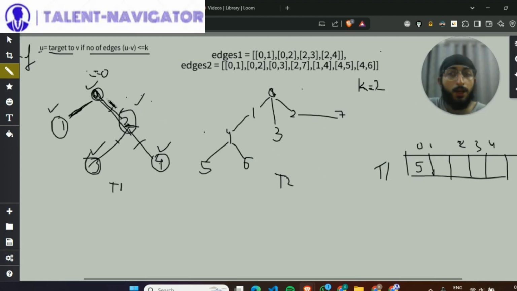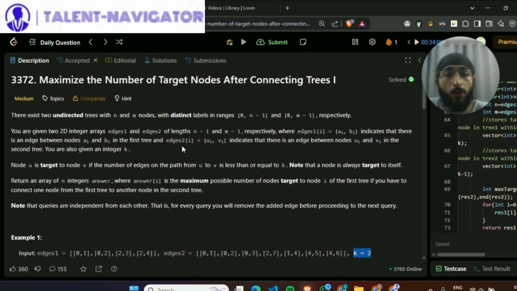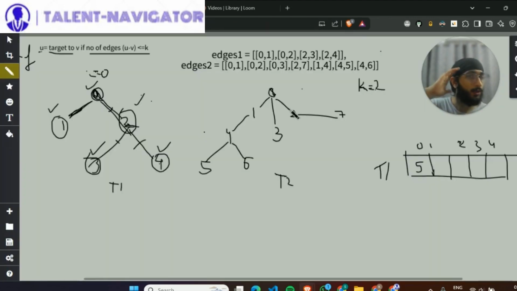Now the main problem statement comes: what we need to do is basically we have the possibility to connect these two trees. So if you have to connect one node from the first tree to another node in the second tree, what would be the maximum possible number of nodes target to node I of the first tree, right? So now we need to think that if we connect for this 0, what are the possibilities of connecting? There would be 1, 2, 3, 4, 5, 6, 7, 8 possibilities of connecting one edge from T1 to T2 from node 0. So we have to consider all the possibilities and then check for the maximum